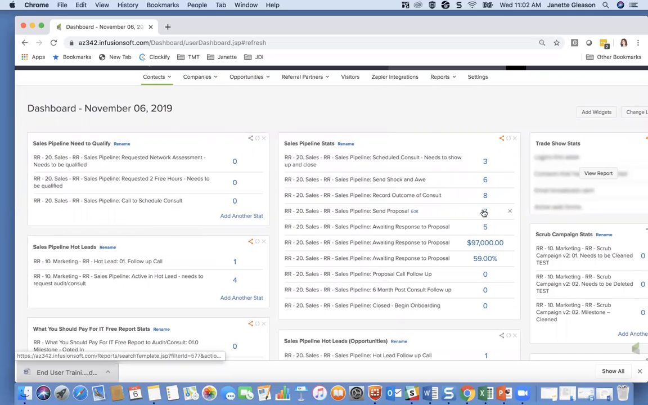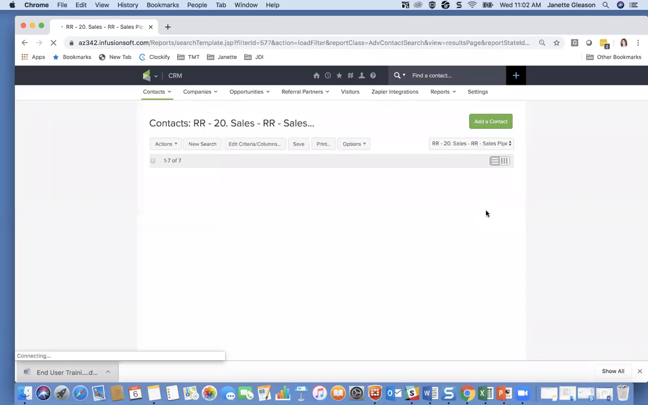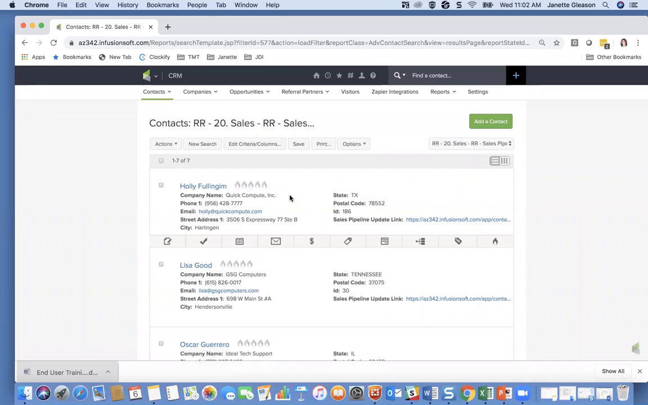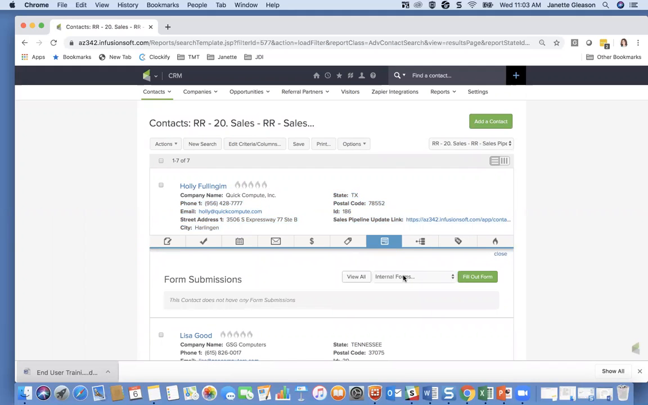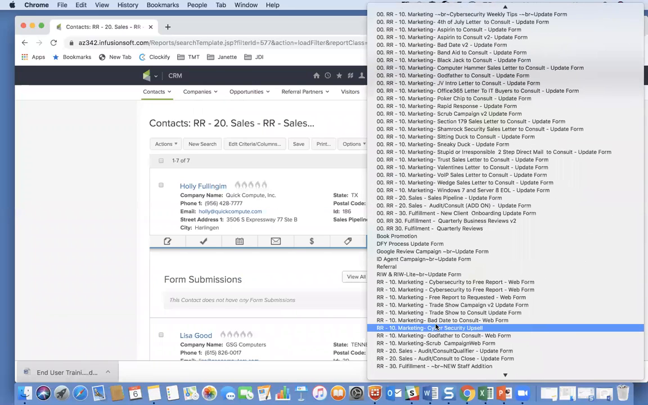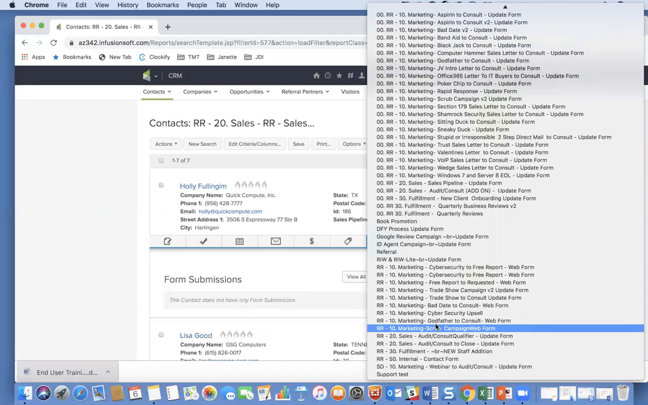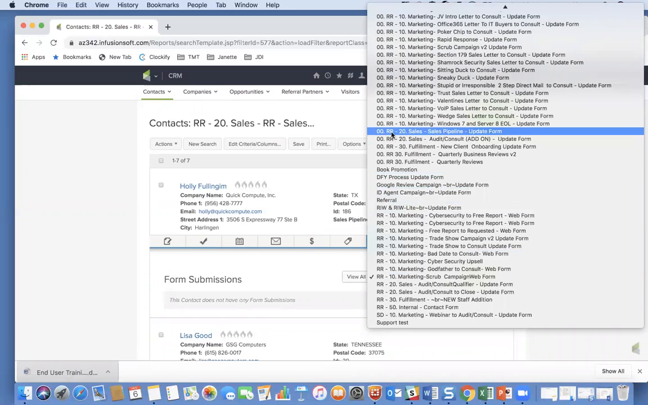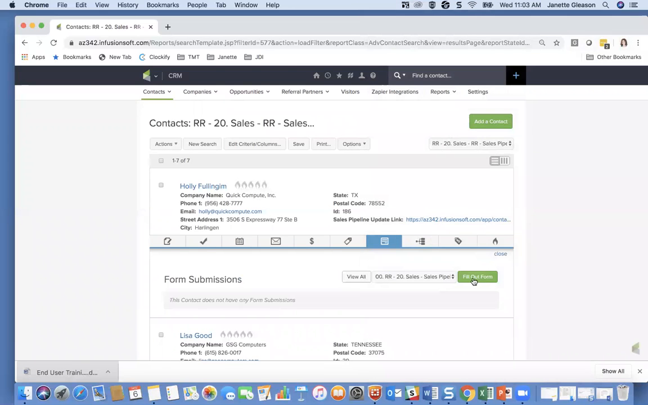So let's go to our send proposal. I'm going to click here on the number 7. So if I'm working on putting proposals together, that's my job. I'm going to click here on the number 7, and I'm going to work through getting these proposals put together. So what I can do for each of the contacts is click on the update form. So we'll click on internal forms, and our sales pipeline is right here. So this is the update form, our sales pipeline update form, and I'm going to click fill